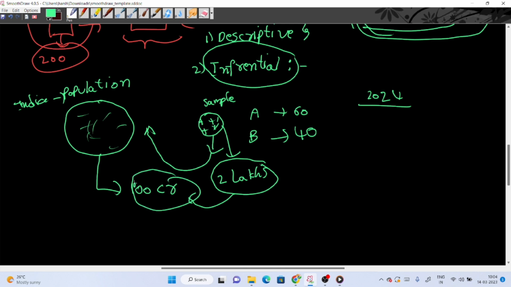That means whether this sample amount of data will replicate this population or not. Based on that, the survey agencies will give us the outcome that this is going to happen. And also I want to tell you one thing, that while they release these surveys, they will tell us that